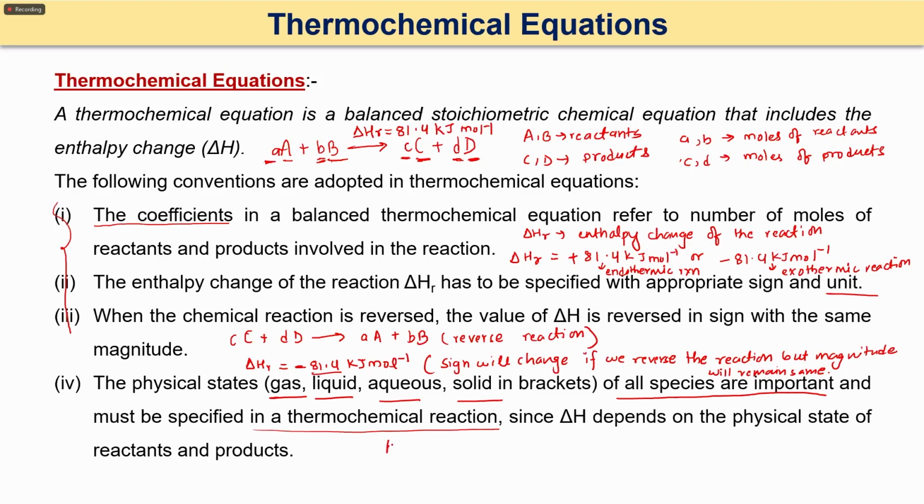Suppose you are writing the equation A plus B giving C plus D, then you must write the number of moles, and now you must specify in what states they are. Let's say A and B were in gaseous state and C was in gaseous state but D was in liquid state. So you must assign all the physical states